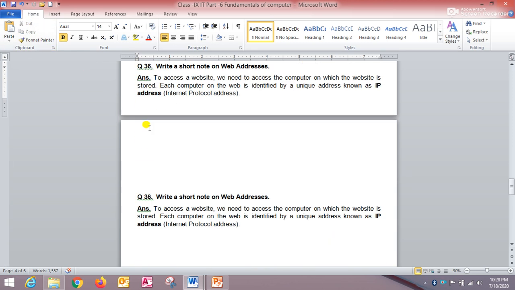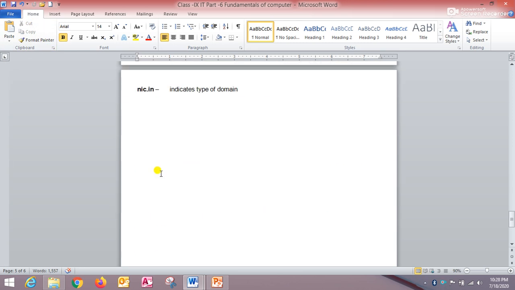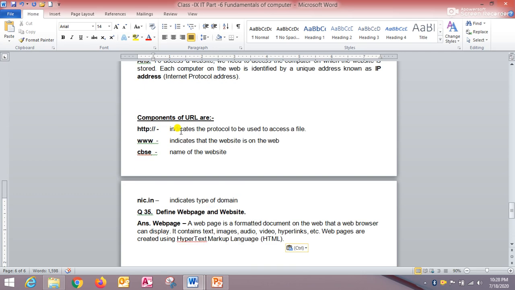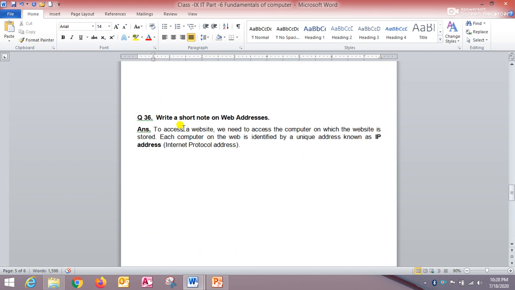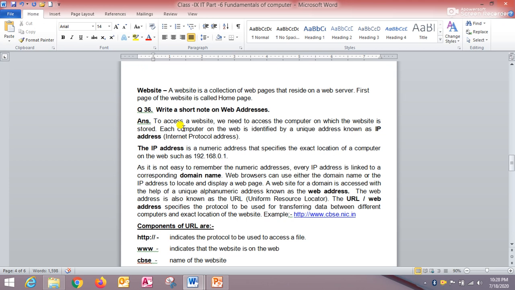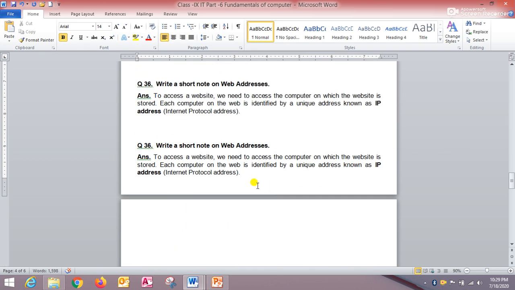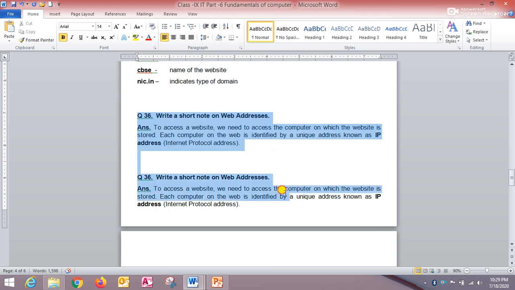Cut, and then you can paste the text here. I am pasting the text here. Again go to the home tab, from the clipboard group select paste option. So this text will be placed here and it will be deleted from its original location. Question number 35 is not present here, right students? So in that way we can cut and paste the text.